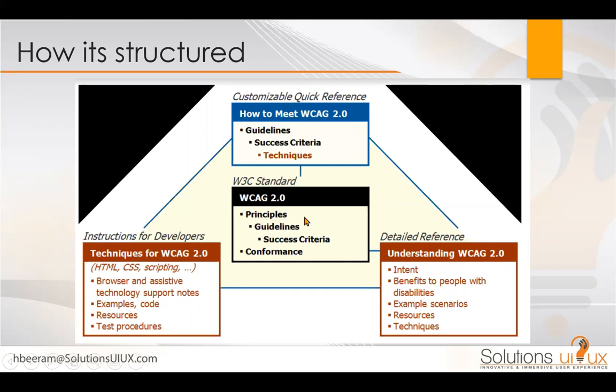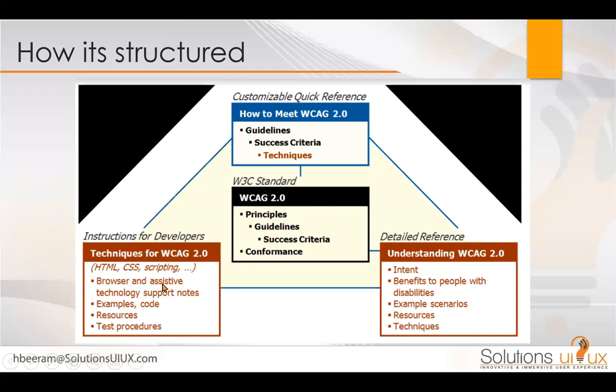Principles. We talked about the POUR: perceivable, operable, understandable, and robust, and then that having 13 guidelines, and then that has success criteria. So once you have all this, then you can validate the conformance. So an accessibility tester can go and look at all of that detailed difference, right? So what the requirement says and what the solution for that requirement is. So the solutions are implemented by the developers.